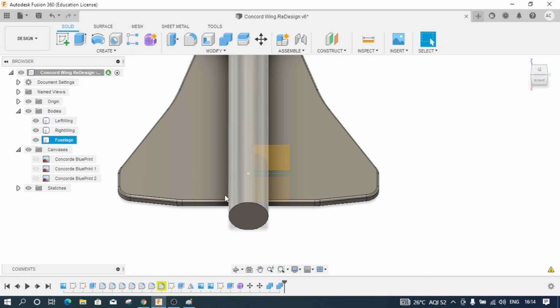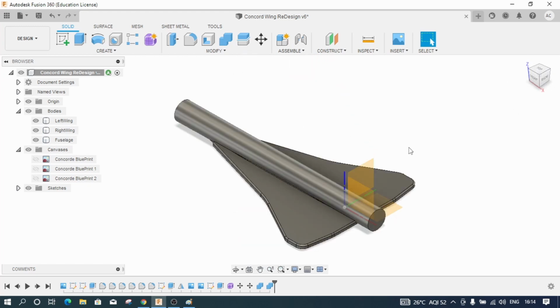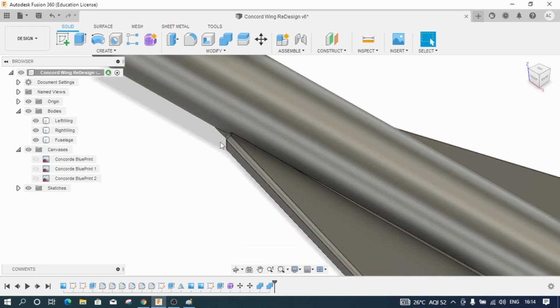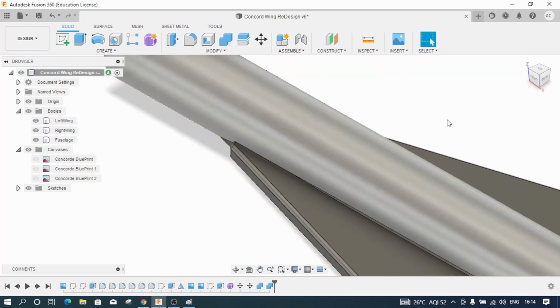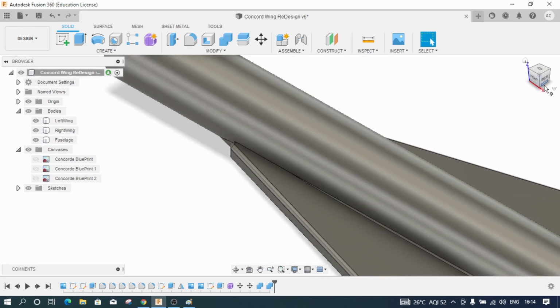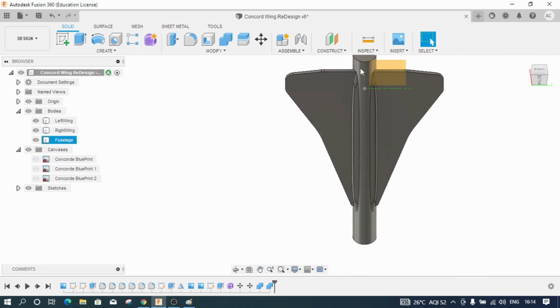Let me see what kind of error am I getting. And let me also delete this. And let me see what kind of wing am I getting. So the whole bottom fillet got removed.